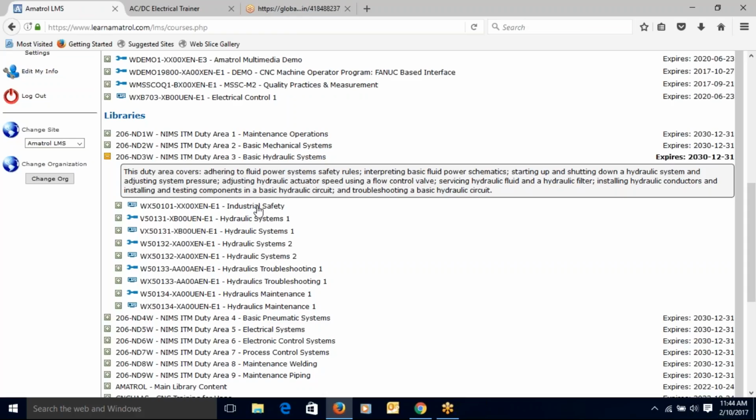All of these are going to start off with safety, and safety here related to hydraulics maintenance. No skills are involved in this, so you're going to get through this pretty quick. But these next ones, this Hydraulic Systems 1, I would almost say 5 to 6 hours to get through the skills and the theory for this